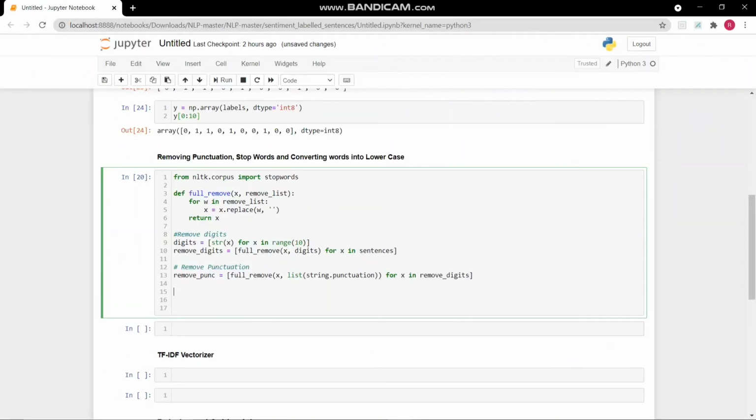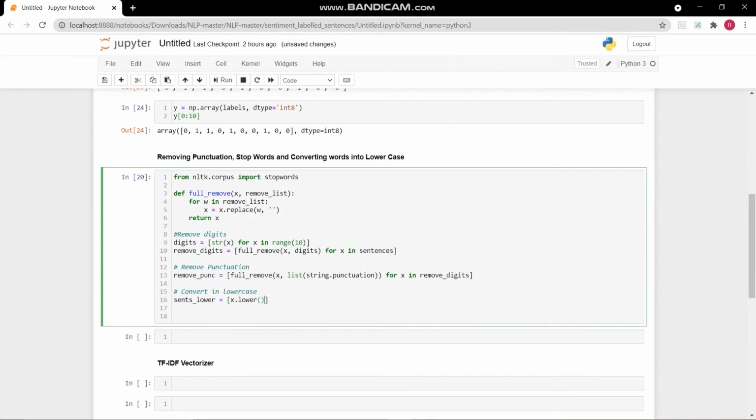So the next step is converting all our reviews, all our strings into lowercase, and then removing the stop words. So let's first convert everything into lowercase. So here basically we have used the x.lower function to convert all our sentences into lowercase, and following that we have also used the x.strip function to clear any other white spaces or any new white spaces that could have been created while performing the data pre-processing.